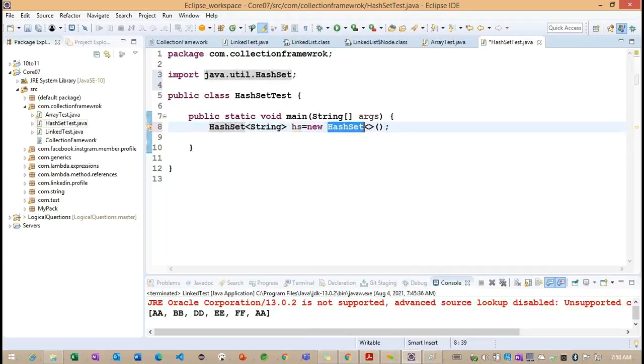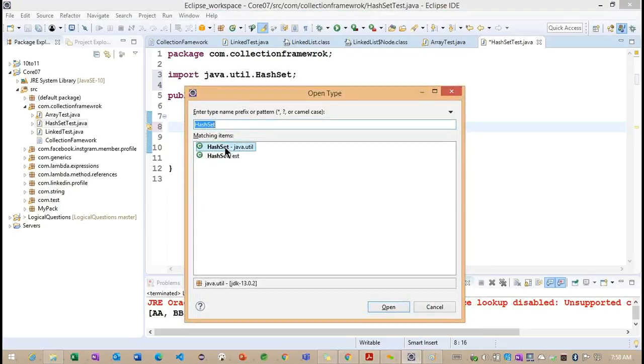Basically, this HashSet is going to work based on some hashing mechanism. How is this hashing mechanism going to work? We'll understand that: the HashSet works internally based on some key-value pairs. First, we'll see how HashSet is implemented.